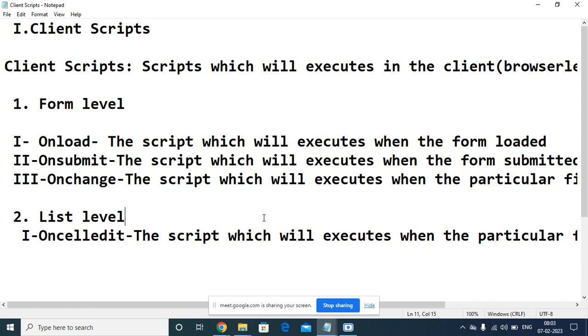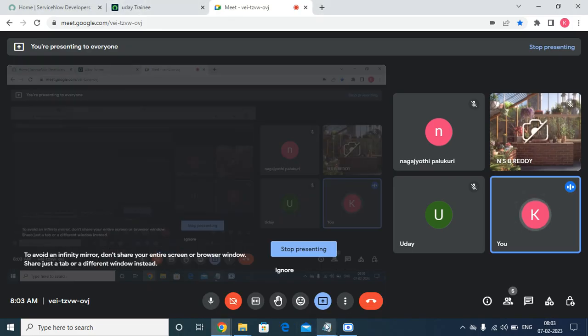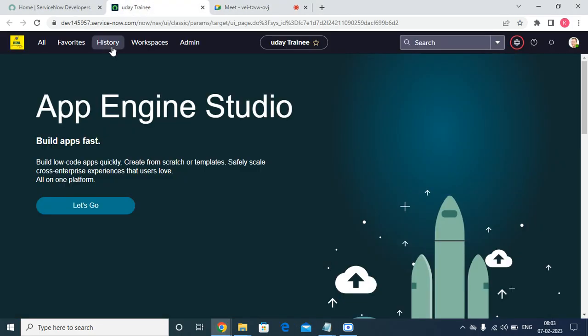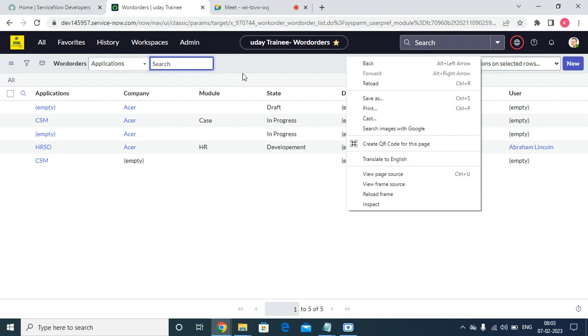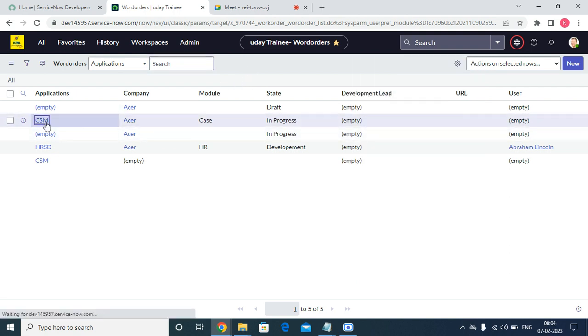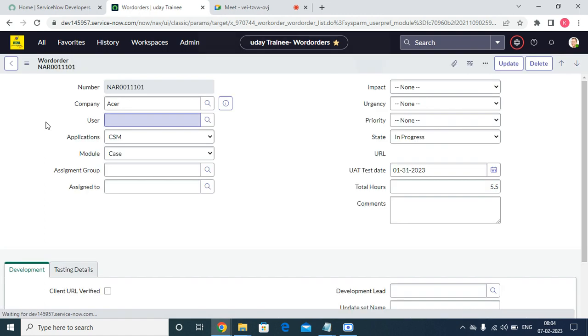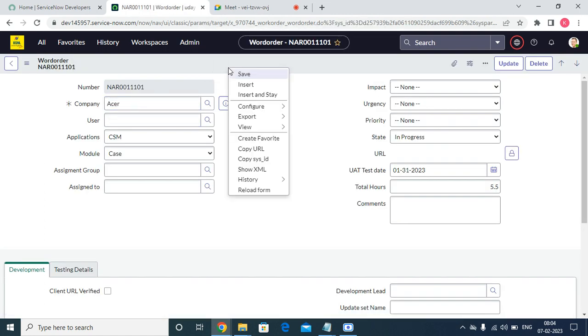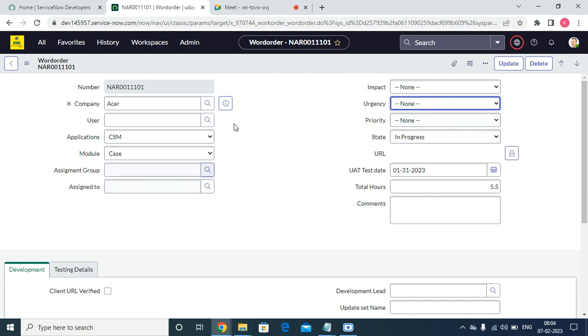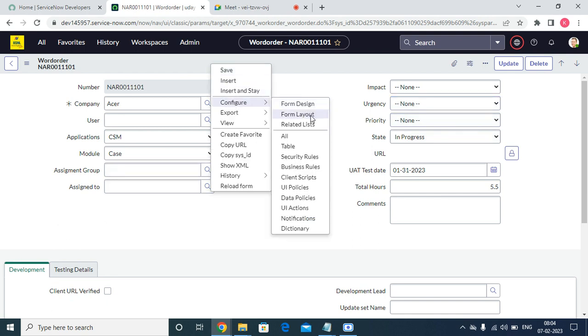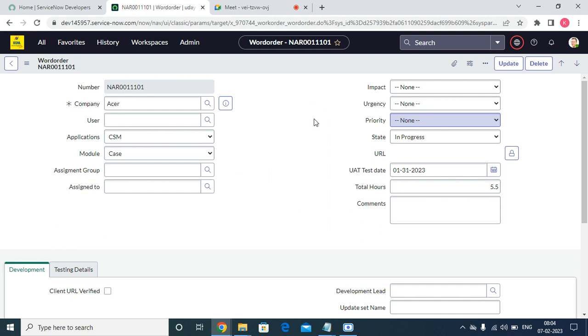So what is an on change, and how does it execute? On change is nothing but it will be executed when a particular field value changes, as the name implies. So for example, here I'm just opening our instance. Here I'm creating one more field on the form, something like